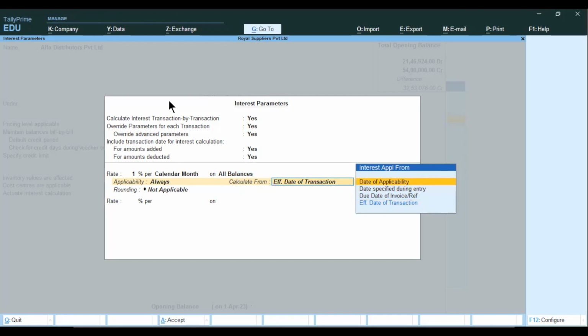If you select this option, it asks for the date from which date the interest will get charged, date of applicability or date specified during entry. Here, if you select date of applicability, then in this screen itself it asks for the date, and if you select the option date specified during entry, it asks the date for that particular transaction. Whenever you enter the sales transaction, for that particular transaction, it will ask